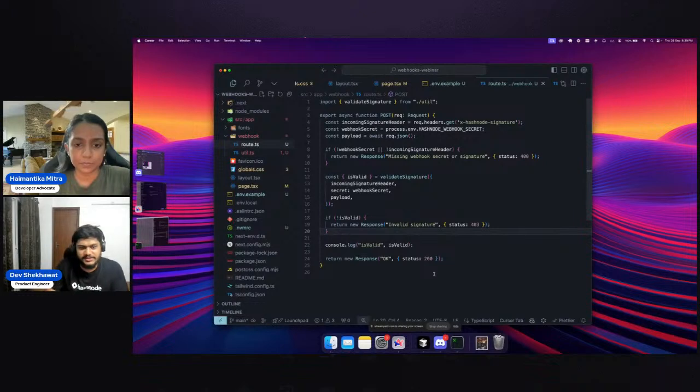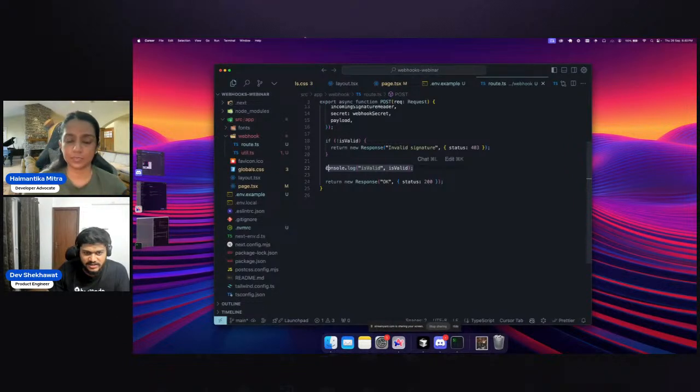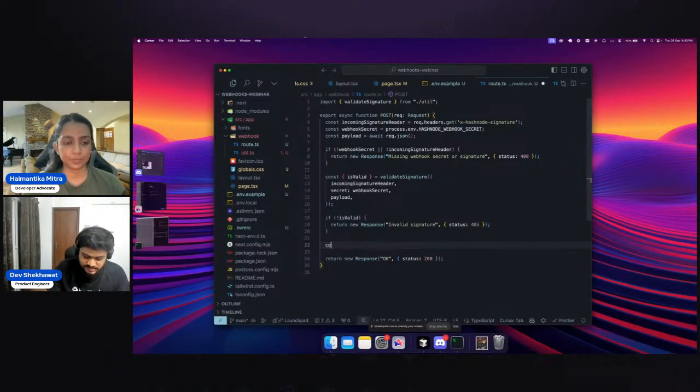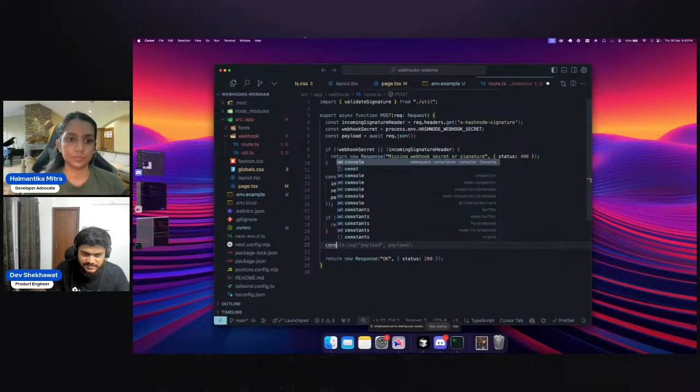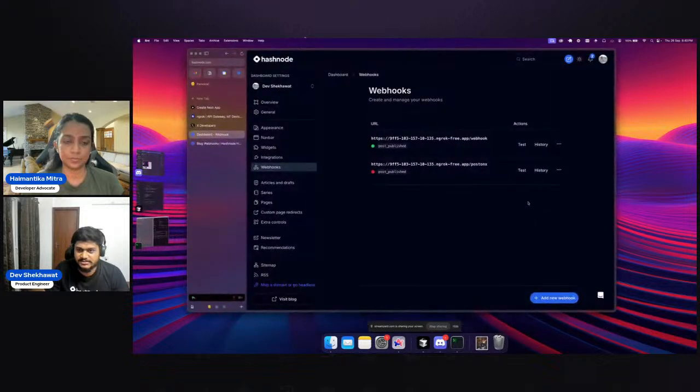Okay, now that your webhook is validated, sorry, your signature is validated, what we need to do next is see what payload we are getting, right? So it's valid. Now for the payload we are getting here, let's just log the payload and see what is there. Let me turn it into a JSON string and log it. So if I click on test again,